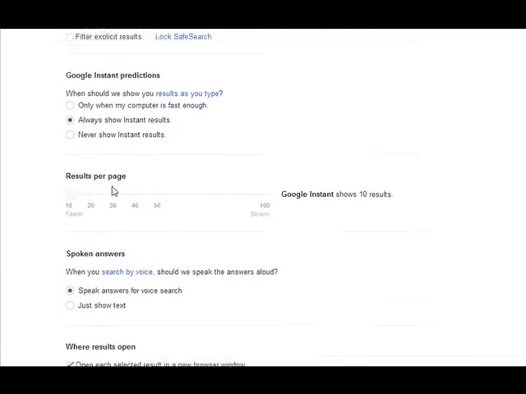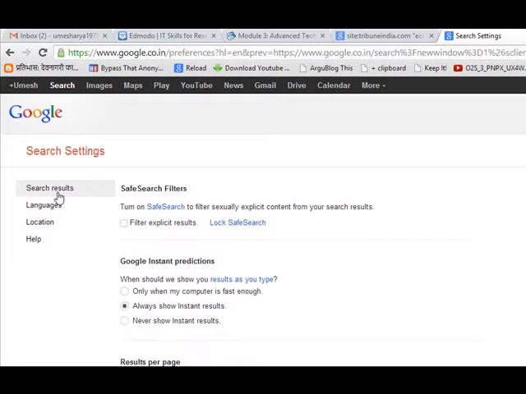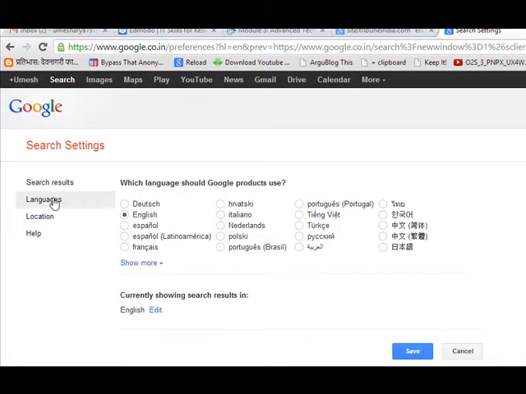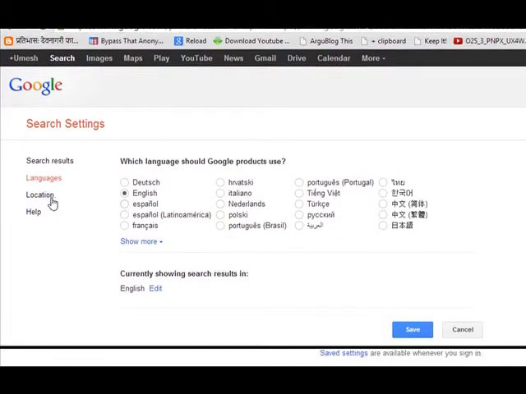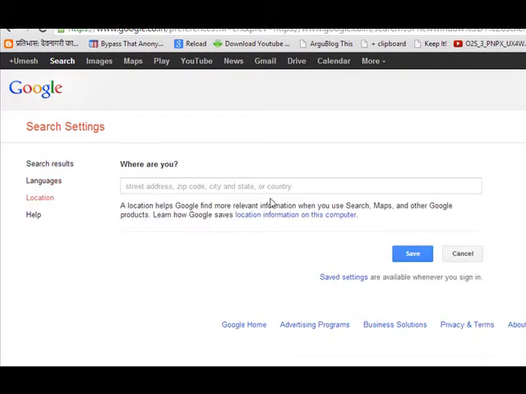So it will be saved automatically. It will search the pages in the languages also. You can select location. I don't worry about this, so it is not important.